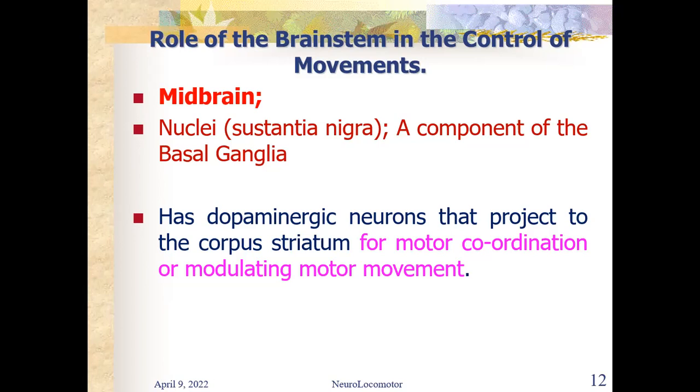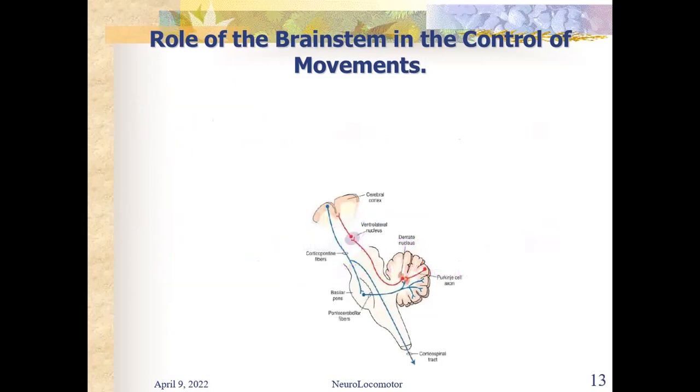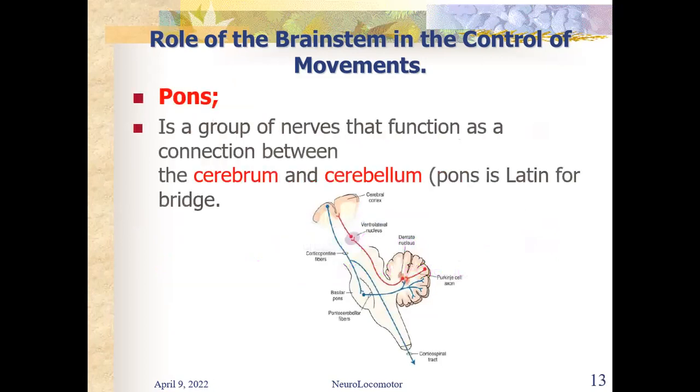motor movements. So when we say that the substantia nigra, being a component of the basal ganglia, has dopaminergic neurons that project to the corpus striatum, you know now that it is also involved in motor coordination or modulating motor movement. So this diagram shows you